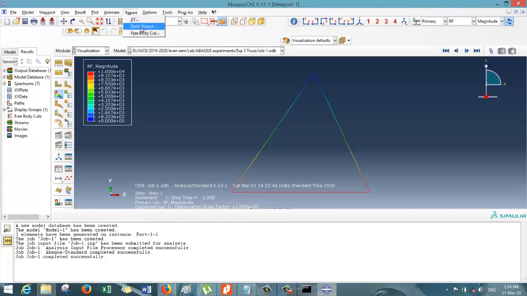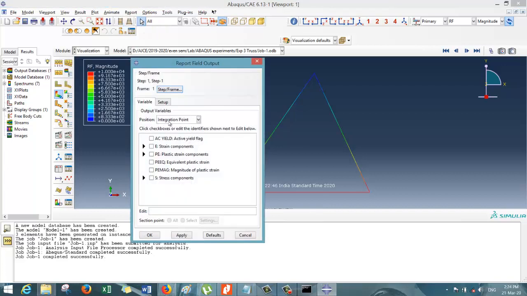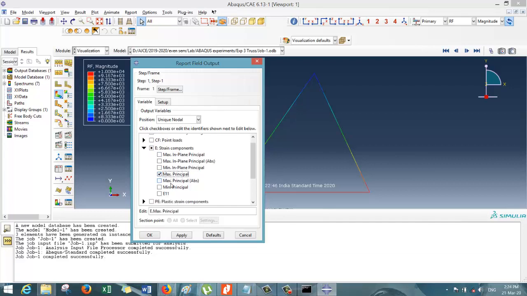Click on report, field output. You have to change this integration point to unique nodal. So in that you have to specify the strain, reaction force, magnitude of the reaction force, stress, and finally the displacement magnitude.